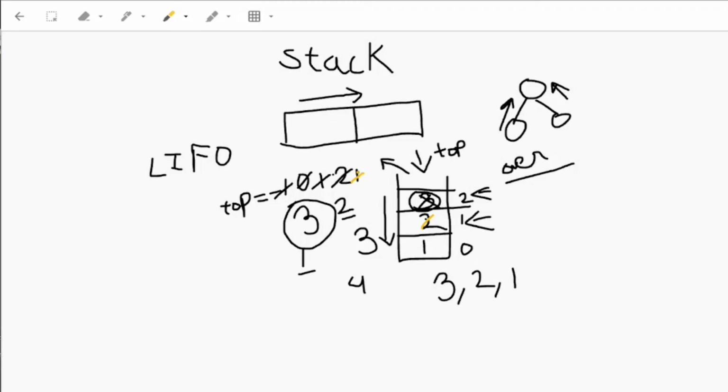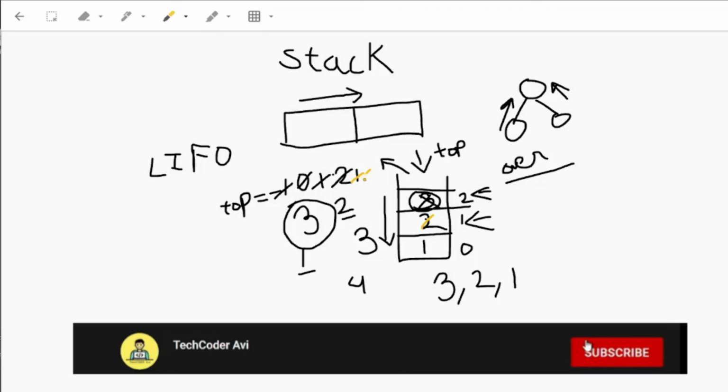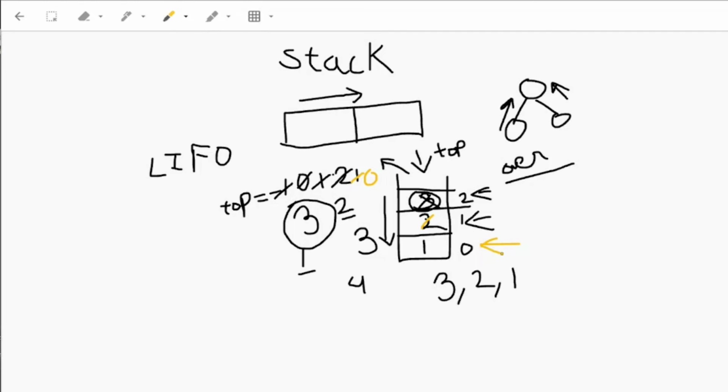And this top will be decremented by 1, and hence it will point to this index, right? Now if we again perform a pop operation, the top will be decremented by 1 and hence this will be popped out from the stack, and hence our array stack will be empty.